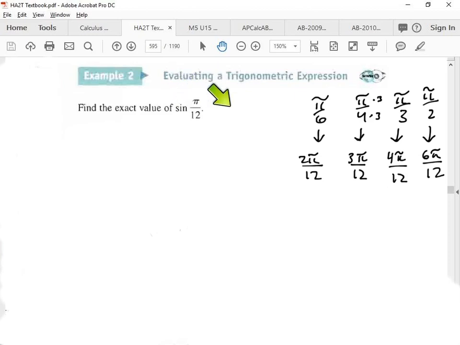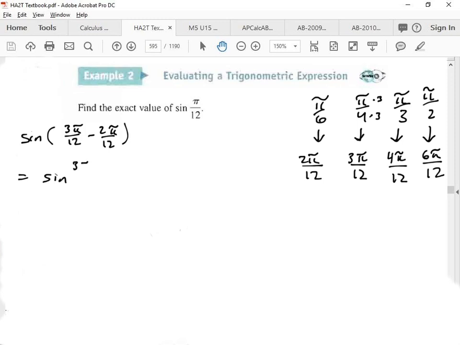How can I get 1 pi over 12 with any of these? Can you guys tell me? What do you guys want to use? You can pick. There's actually two different ways of doing it. Did anybody say 3 pi over 12 minus 2 pi over 12? Would this equal 1 pi over 12? Yeah. Okay, so maybe you guys can see where I'm going now. Because I have subtraction inside here, I can use a sum or difference formula. So this equals